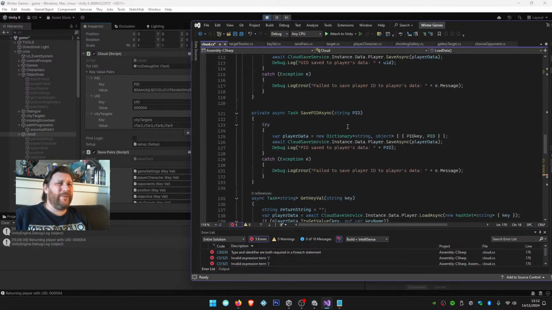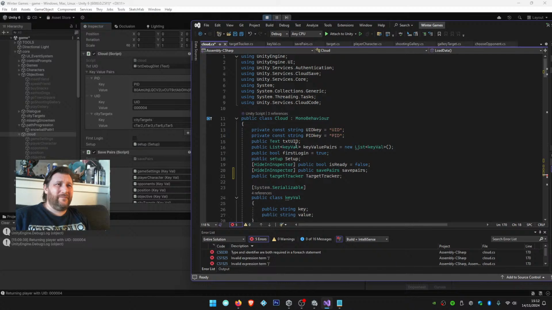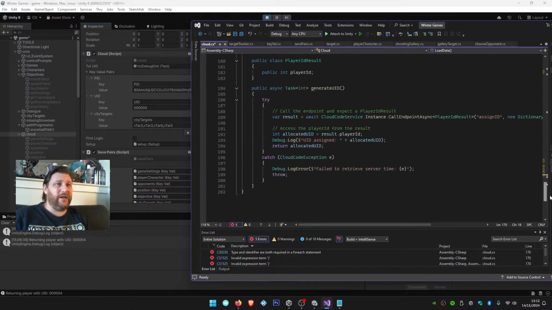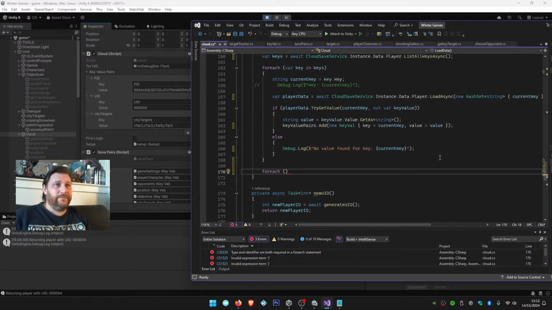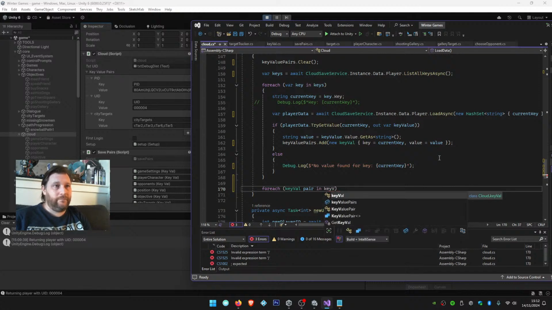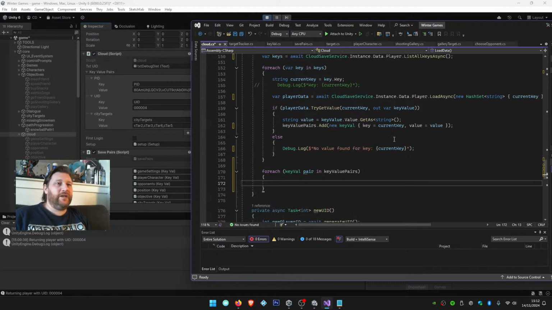What is key value pairs? A list of key vals. So we're going to have to do it by key vals. There we go. For each key val pair in key value pairs,